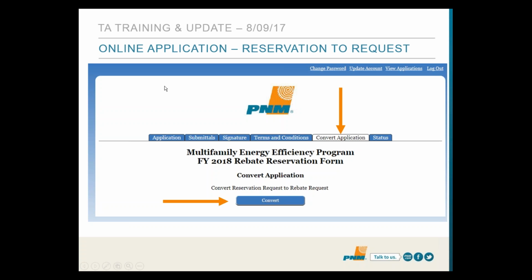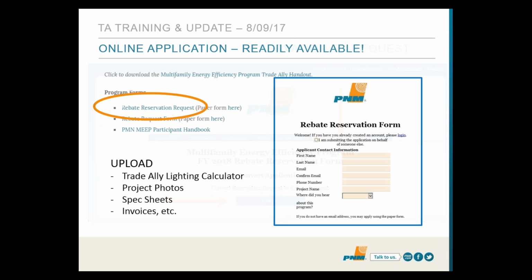So I already went through that. Again, to convert something to a rebate request, it was the convert application and the convert button there. So have at it, hop in there. It's operational, available, and working. And we look forward to having everybody going in there, submitting their